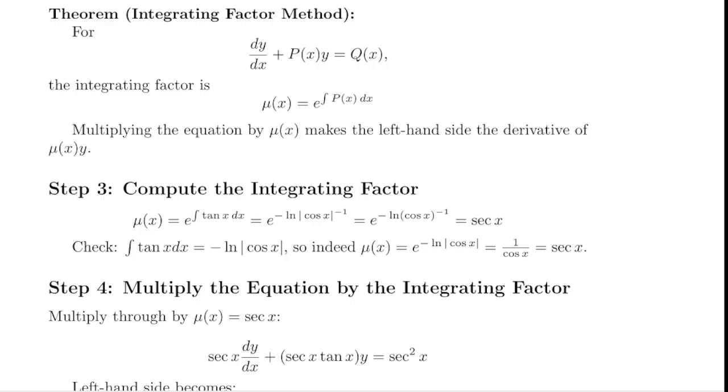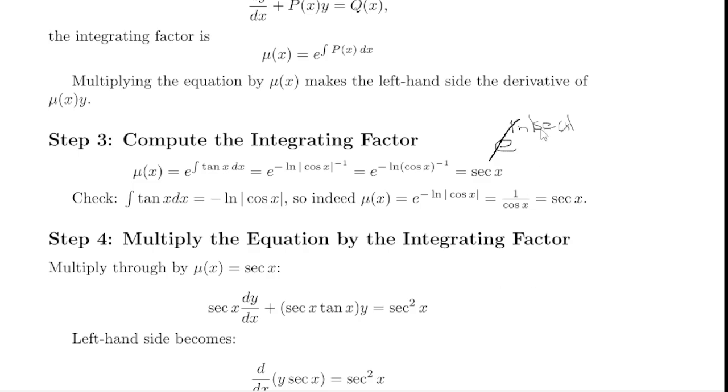So this would be e raised to the ln secant x. That's another way to think about it. And so e and the natural log are just going to cancel, and we're just left with secant of x. So now